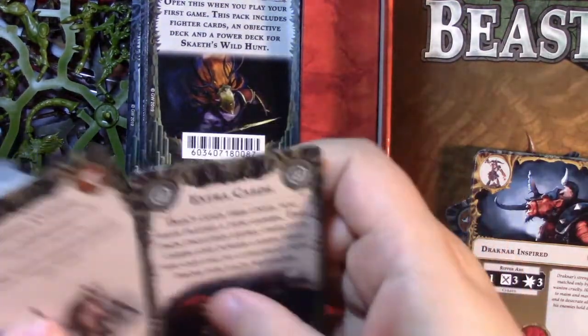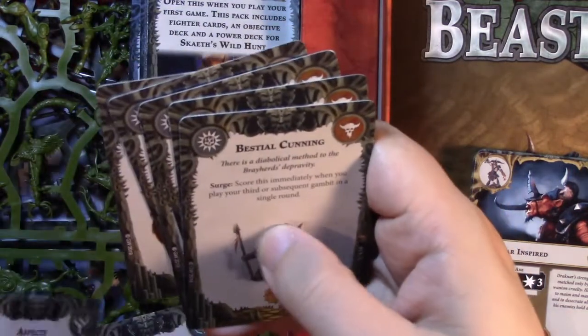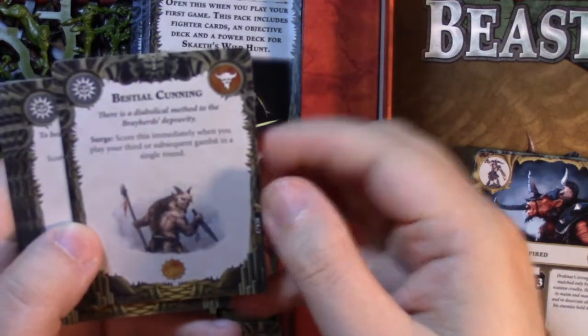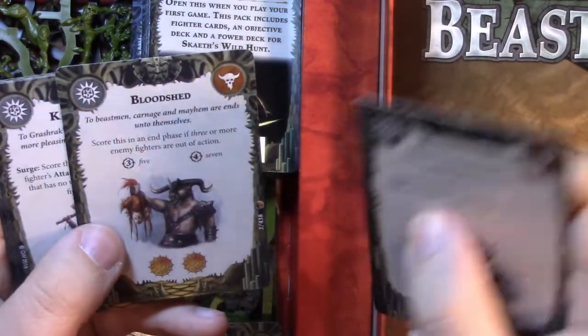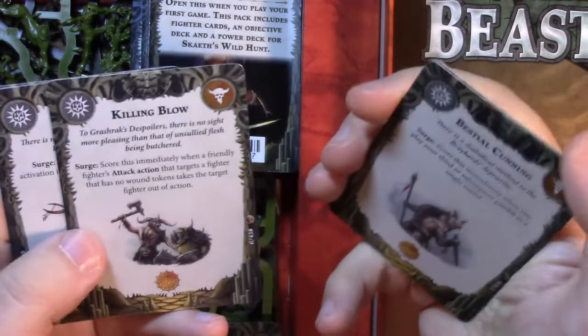So let's pull out the specific Beastman cards. So these are the 6 specific Beastman objectives. We've got Bestial Cunning, score immediately when you play your 3rd or subsequent gambit in a round. Bloodshed, score in an end phase if 3 or more enemy fighters are out of action. Yep. Killing Blow,